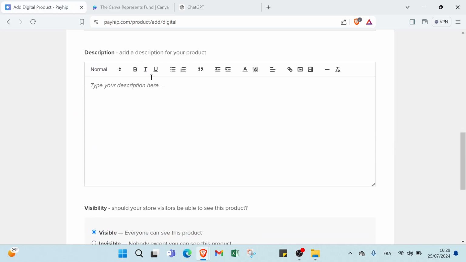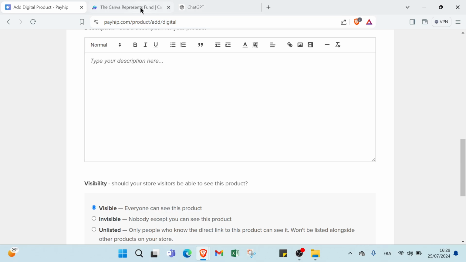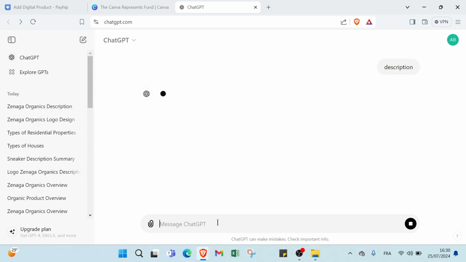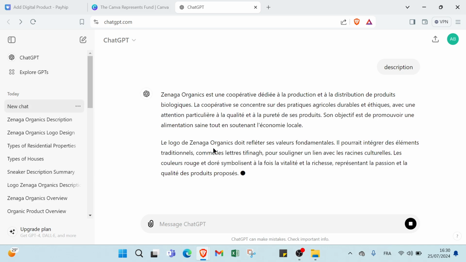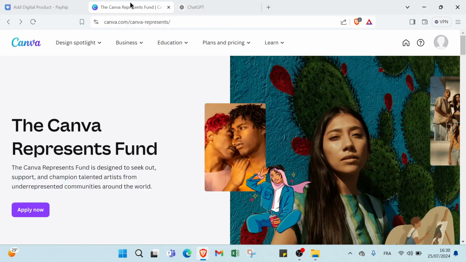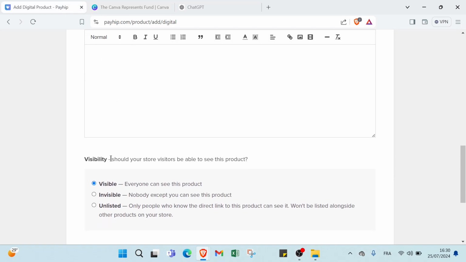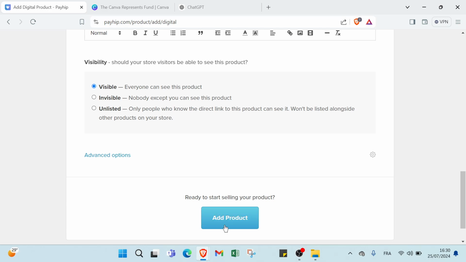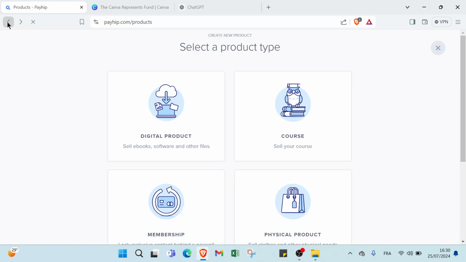Then we have here description, add a description for your product. So all you have to do is click over ChatGPT and write a brief description, as you can see. Here we have the description, so all I have to do is copy this description and paste it here. Here we have visibility. Should your store visitors be able to see this product? The first one is right, everyone can see this product, so you select the first one, then you click over add product. So let's come back to the top,